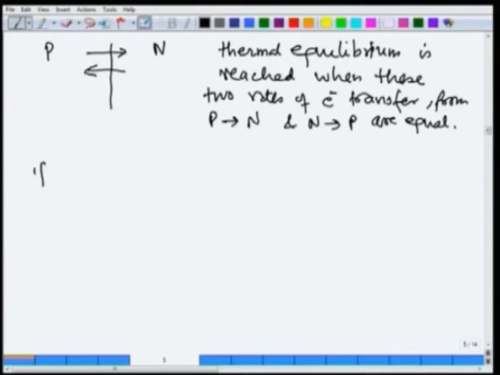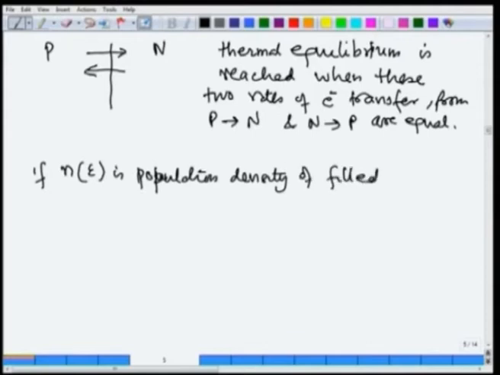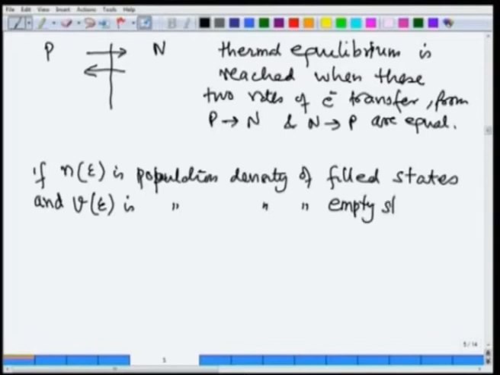So, let us look at this condition as to what will happen. So, if Ne is the population density of filled states, and Ve is the population density of empty states, meaning holes, like, if this is the case, then what is n,